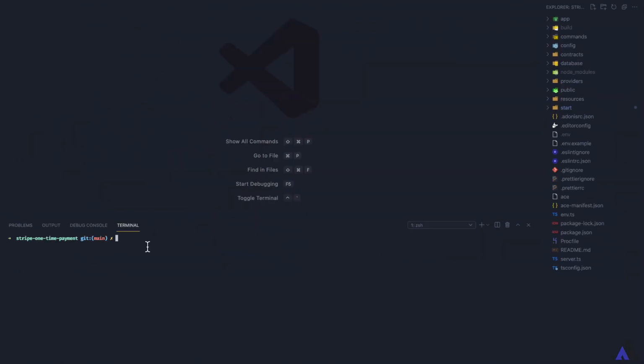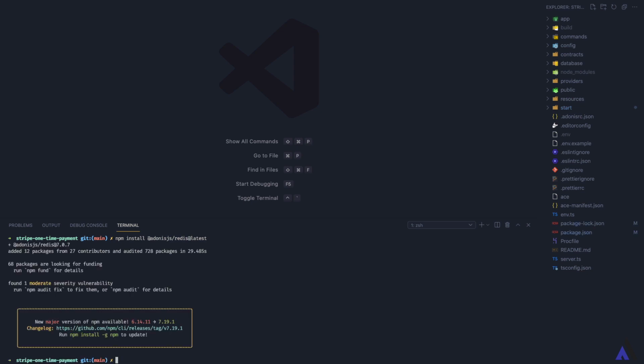We will be using Redis as storage for request info. So we need to install the Adonis Redis module. npm install @adonisjs/redis. To install the latest version, I'm going to use the latest tag. Next, we need to configure the module using the configure command. node ace configure